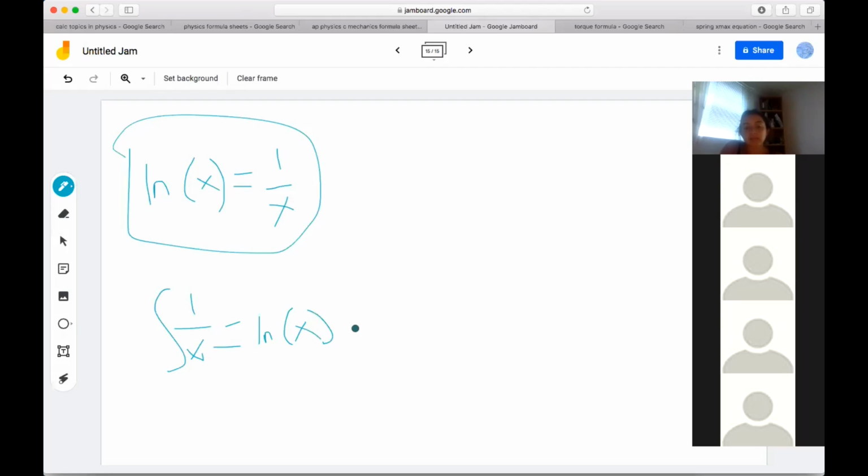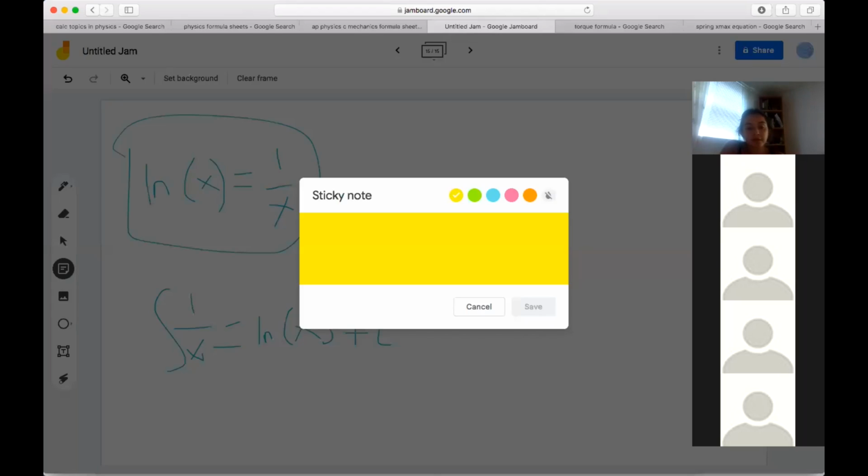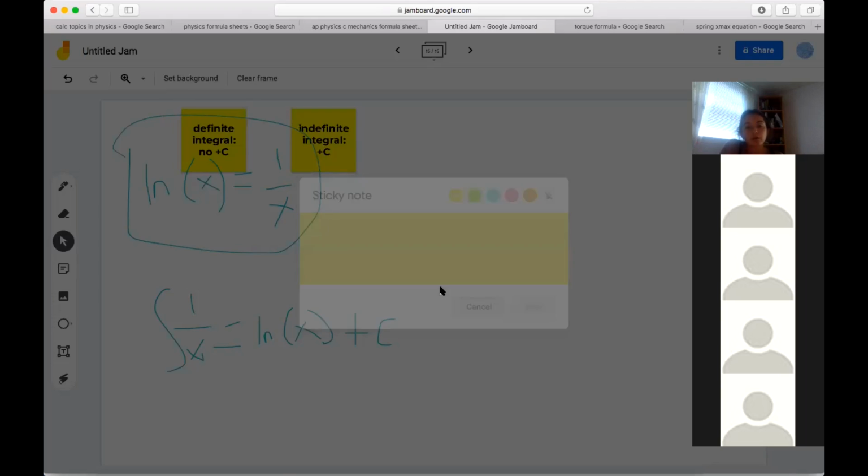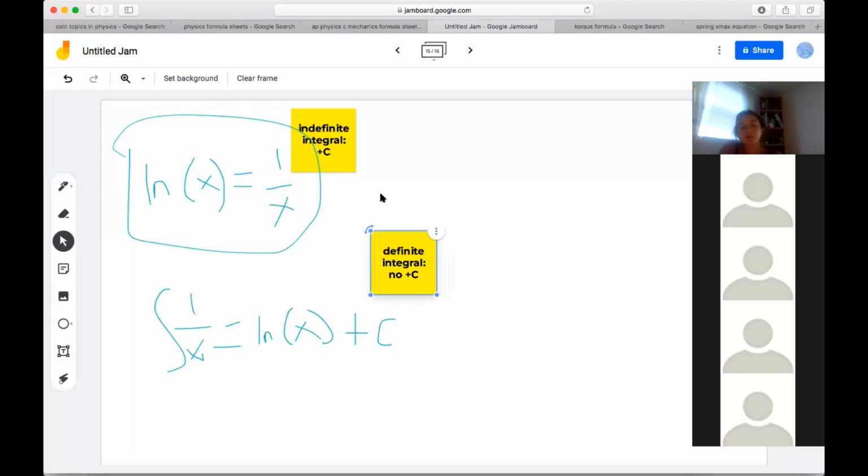Technically it's ln of x plus c, unless it was a definite integral. Definite integral, no plus c. Indefinite integral, you need a plus c. And there are other versions of using definite integrals. So for example, if it's giving you an